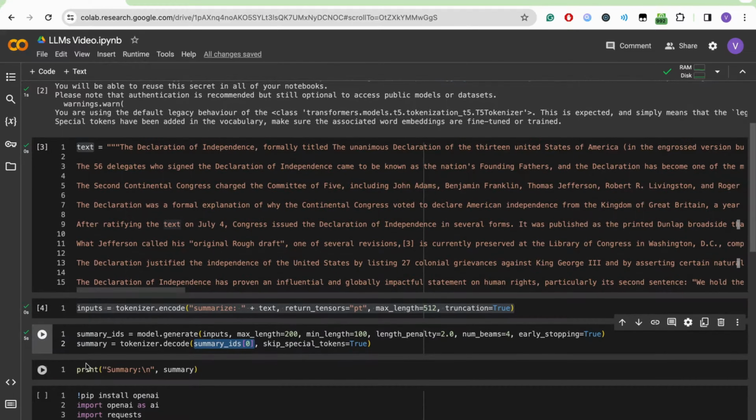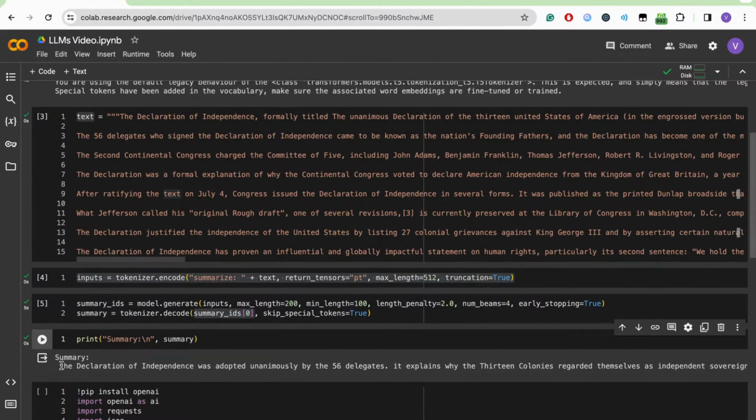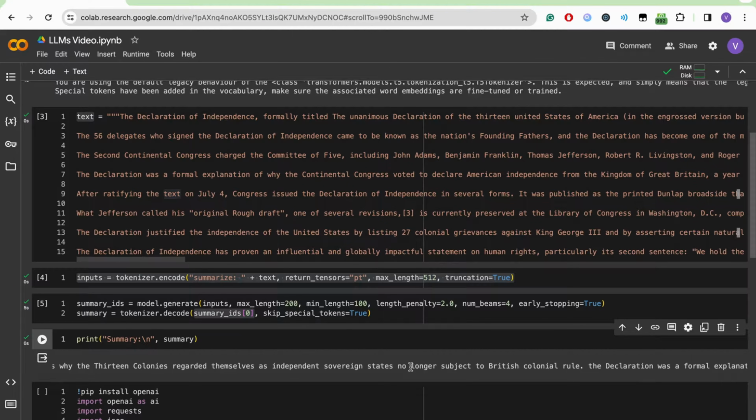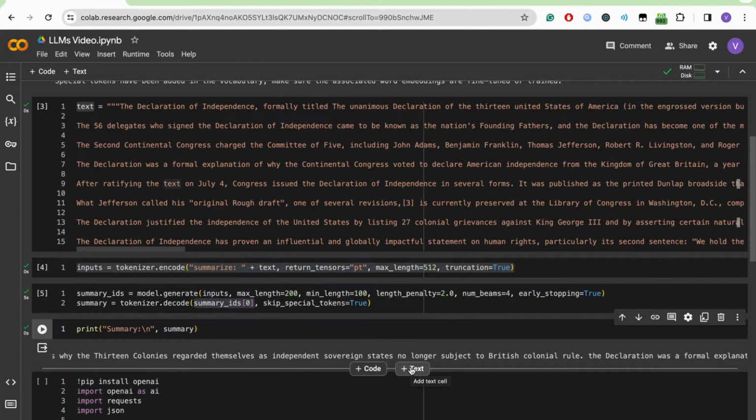So now that we've done that, what we can do is print our summary. As you can see here, the AI has written that the Declaration of Independence was adopted unanimously by the 56 delegates. It explains why the 13 colonies, and so on. So basically this entire summary. And voila, this prints out the summarized version of our text. It's kind of like having a personal assistant who reads an entire article for you and just tells you the